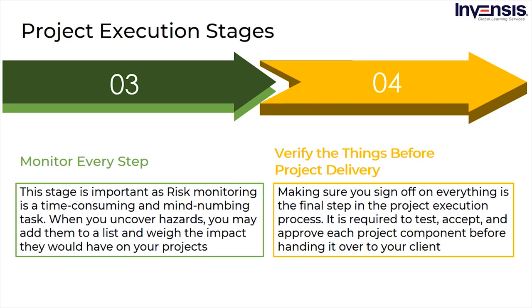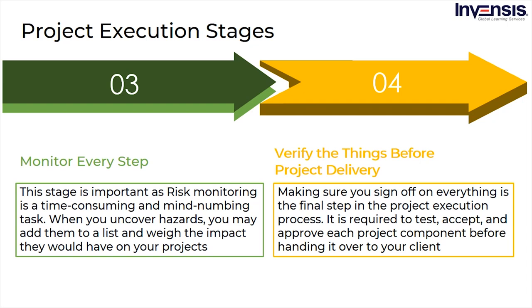As the project manager, it is your responsibility to test, accept, and approve each project component before handing it over to your client. Keep in mind that mistakes are inevitable. However, it is your responsibility to catch them during the project's final phase so that the final output is devoid of errors, flaws, and defects. The good news is that if you have a well-planned project execution plan in place, you won't have to worry about late deliverables or over-budgeting, which means you'll have more time to double-check every project in your pipeline.